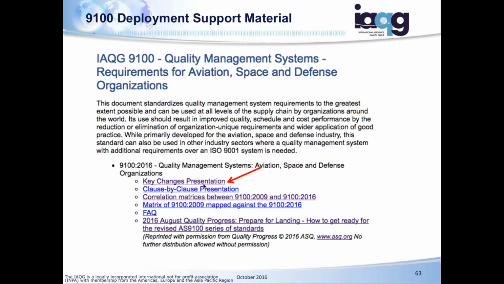I'll probably be populating it either today or tomorrow, sending it to SAE for posting, a gap assessment worksheet. It shows clause by clause how it relates to the 2009, and provides a worksheet for you to analyze your deltas and what actions you are going to take.